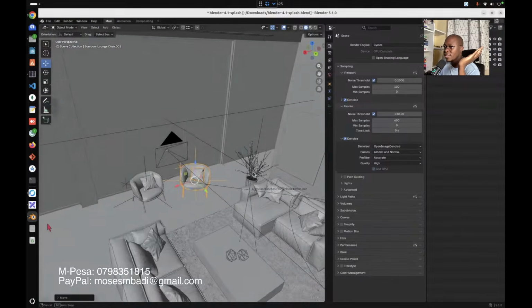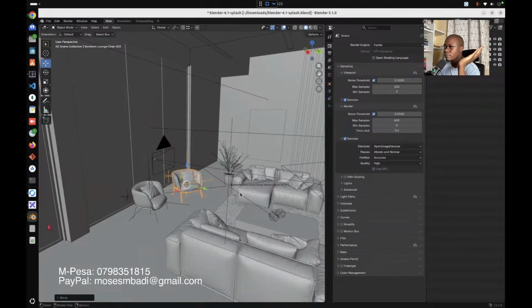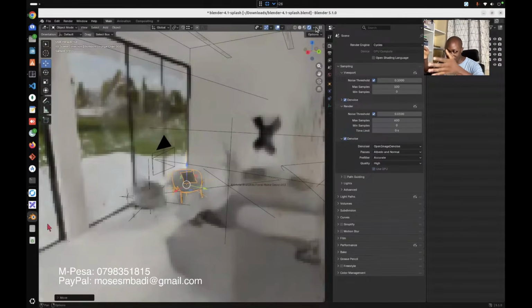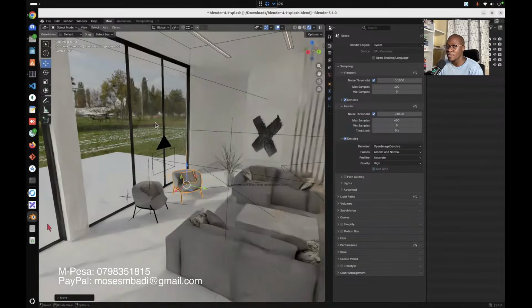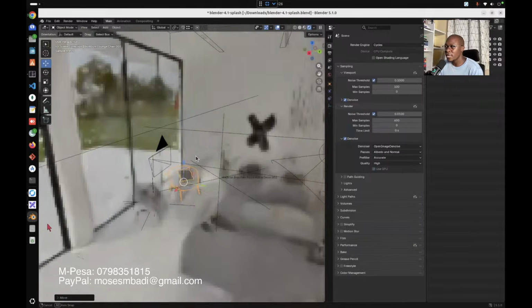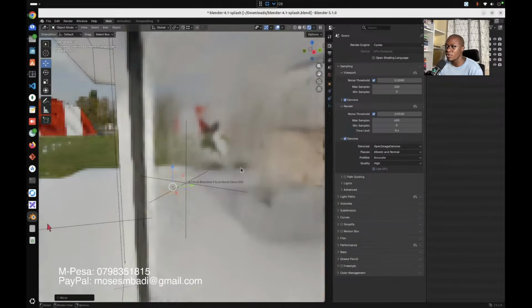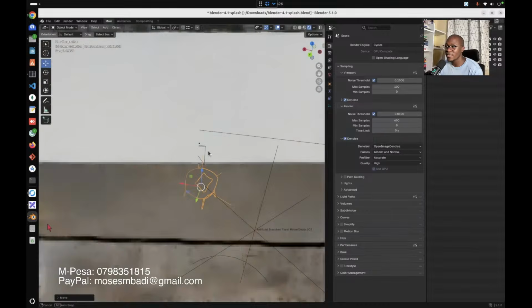Okay. And then once I'm comfortable with whatever I've done, I can come to this option at the top here, which is called rendered. It just gives you a rendered view of what you've done. A rendered view is more like a near actual image of what you've done. Yeah, and this is our house. So as you can see, we have trees and whatnot on the outside, and we can just zoom in like so. There's quite a lot going on, and my computer is struggling to render.